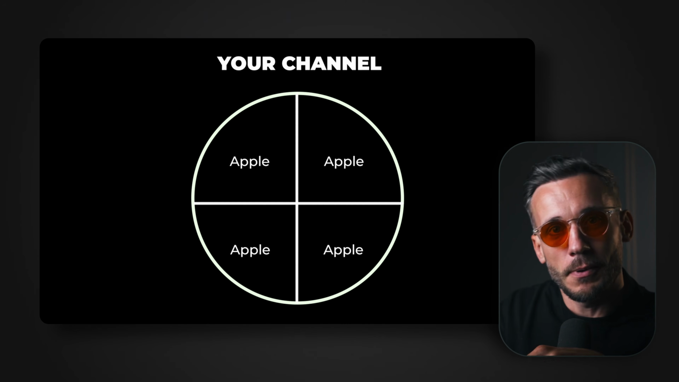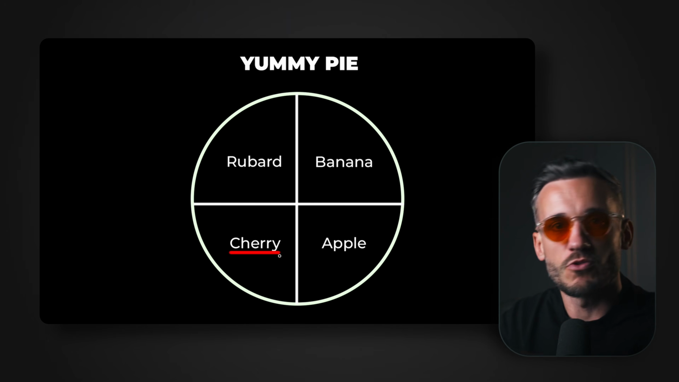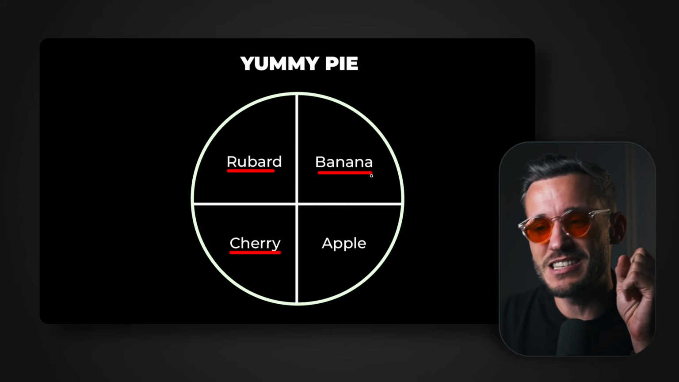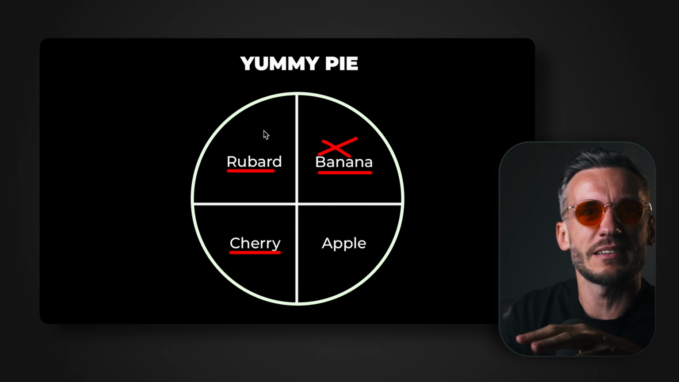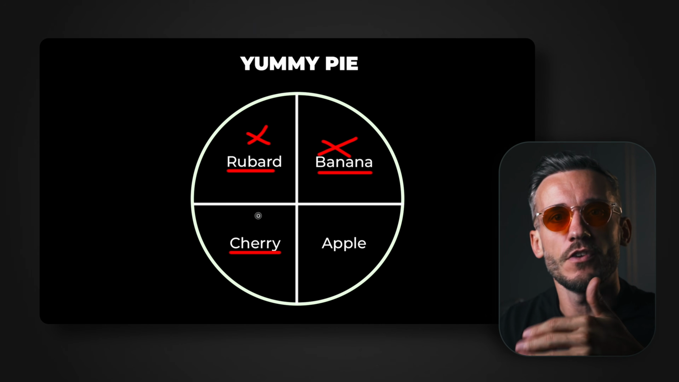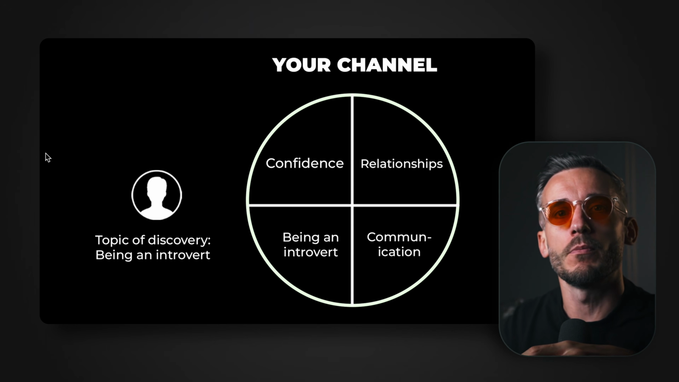But the rest of this pie, one slice is cherry, the other's rhubarb, the other's banana, all flavors you hate. So you take a bite and then you spit it out and you go, oh, I'm not coming back to that pie. Too risky, not of interest. That's how viewers feel when you have a channel that's full of unrelated content that isn't about the problem they